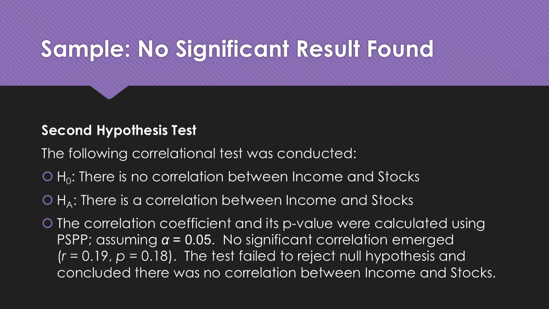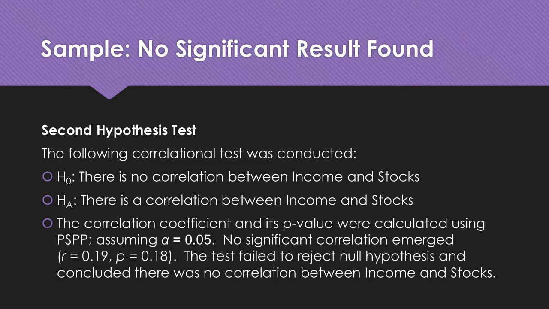The second hypothesis test was to find a correlation between personal income and stocks. The null hypothesis, therefore, would seek to state that there is no correlation between income and stocks, and the alternative hypothesis states that there is a correlation between income and stocks. In this comparison, our data states that R is 0.19, not a very strong positive correlation, and our p-value is